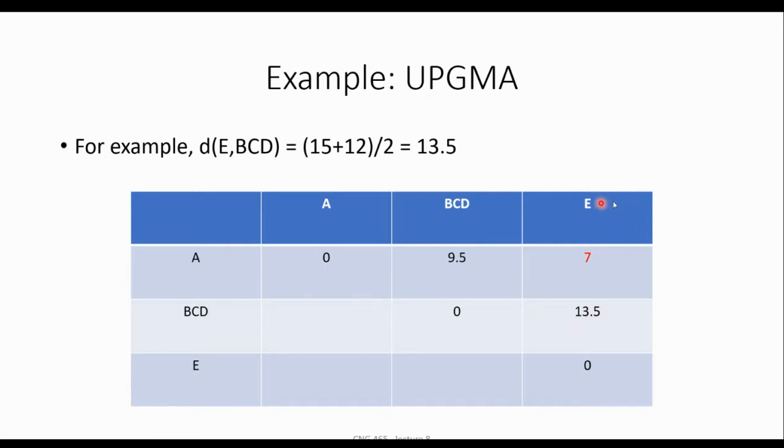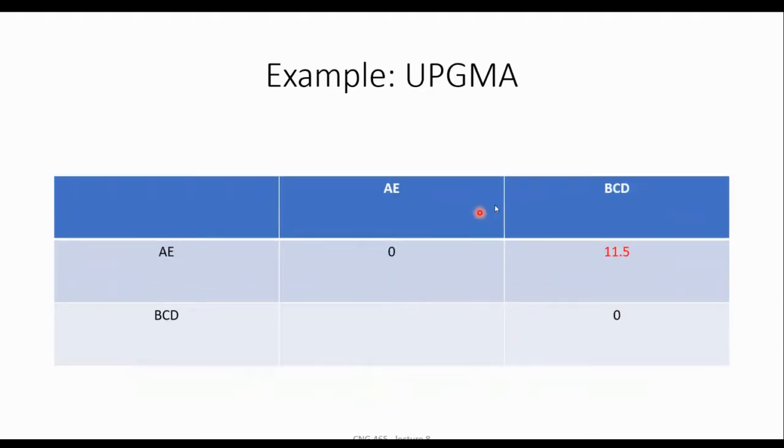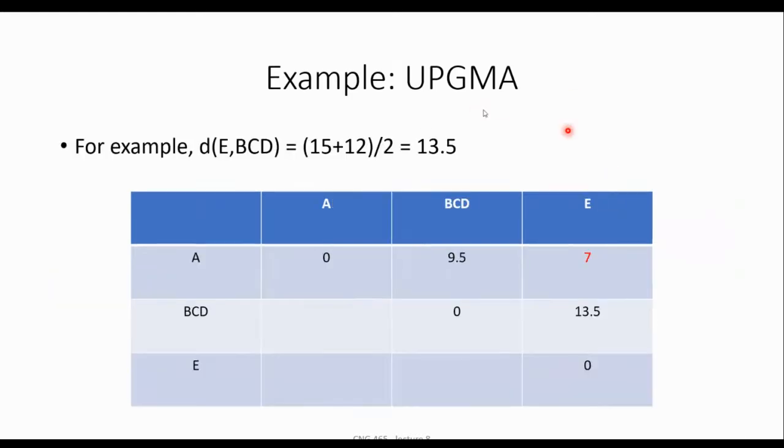So now we have updated our table. 7 now is the minimum value inside our table. Now this is the time to consider A and E together in the same cluster. So you see, now we have AE and BCD. In order to compare them together, we have BCD and we have